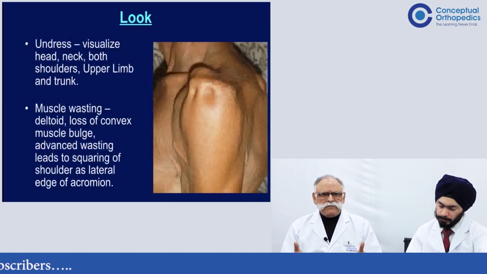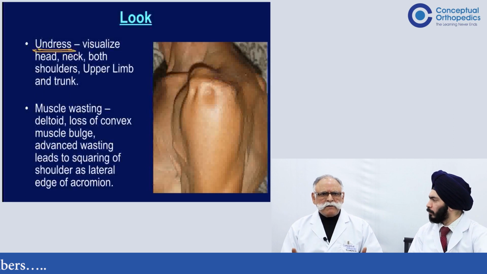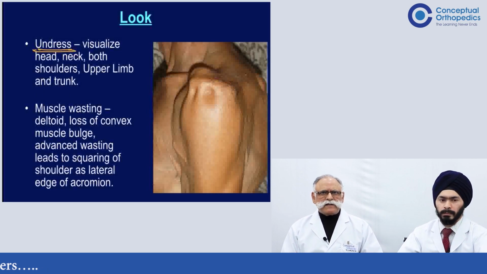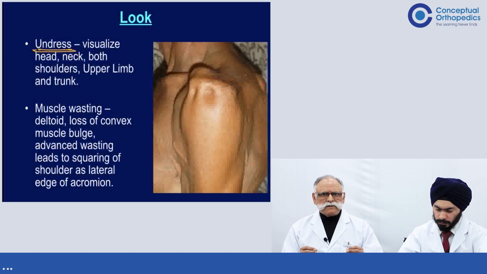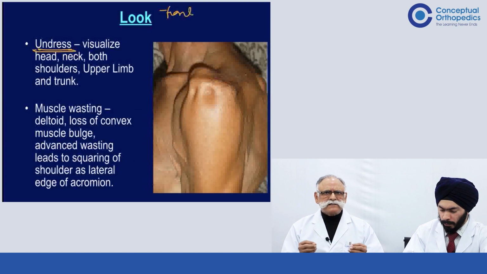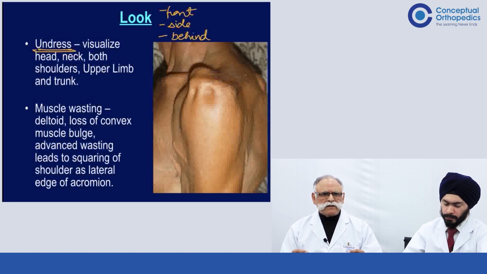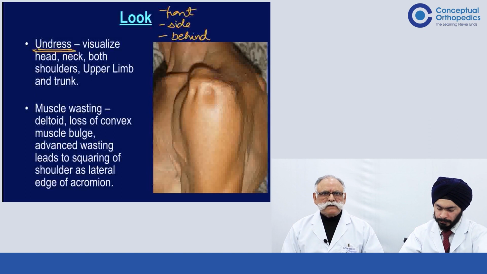We emphasize that these patients should be completely undressed in the upper part of the body so that the look can be seen very emphatically from the front, from behind, and from the side. So undressing the patient to visualize the head, neck, both shoulders, upper limbs and trunk is important. The muscle wasting in the deltoid region